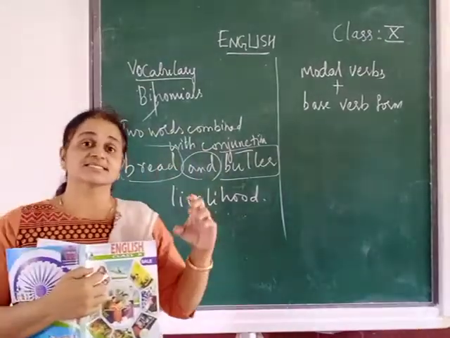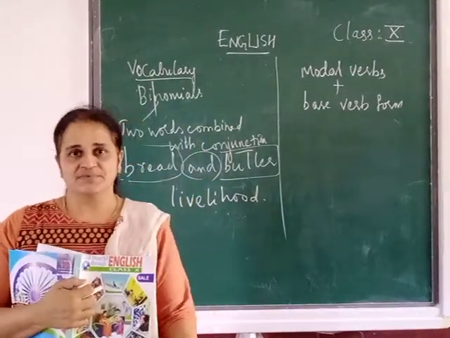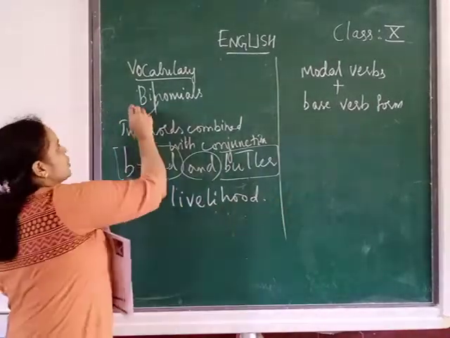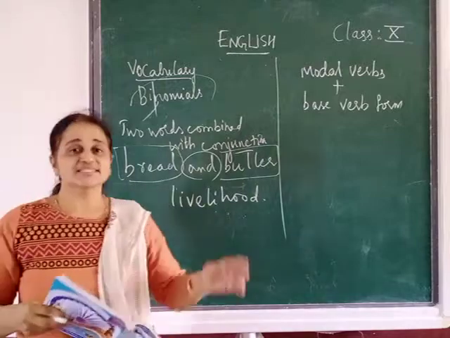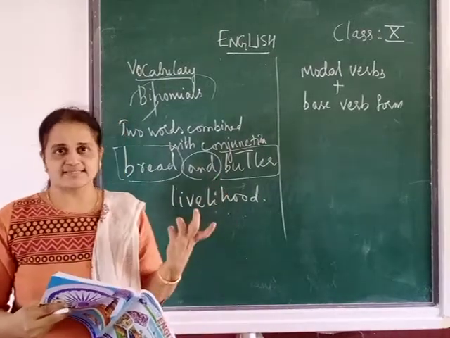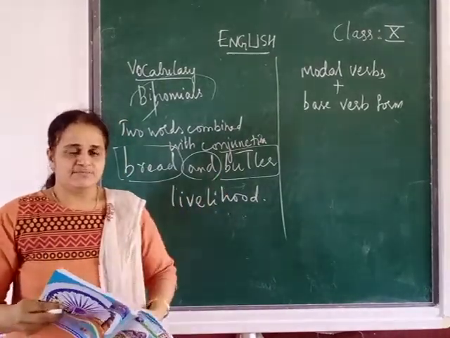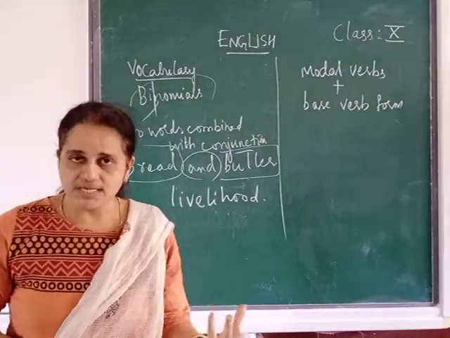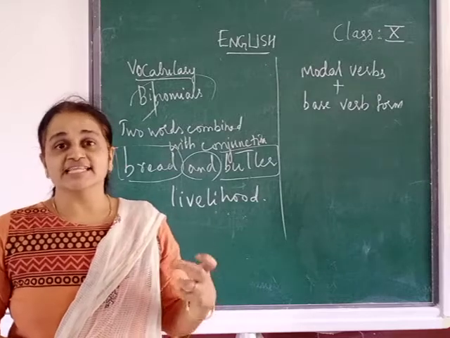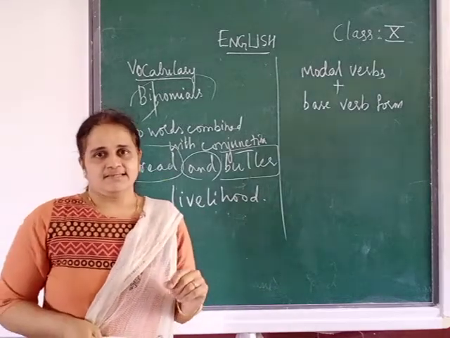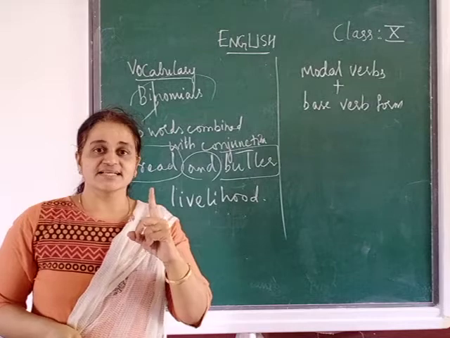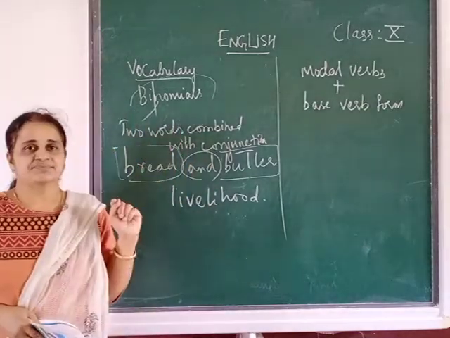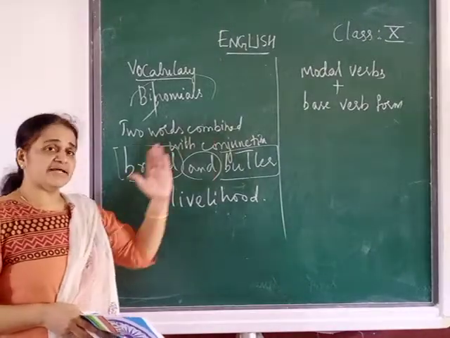Here, bread and butter are 2 words combined with this 'and'. Which part of speech is this 'and'? It's a conjunction. So these 2 words joined with the conjunction form what? Binomial. So did you understand? These are some phrases. You know what a phrase is? A language becomes more beautiful to speak and to hear if you add these phrases. So did you get the phrase here? English phrase, usage of binomials. Example, I know bread and butter.